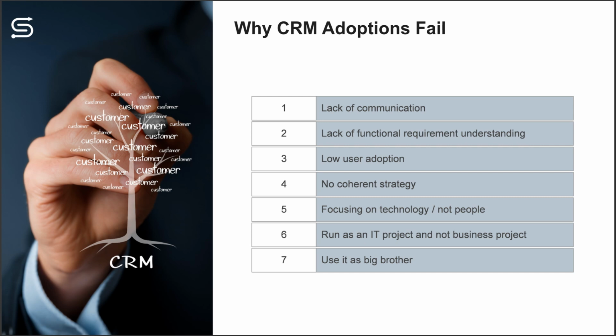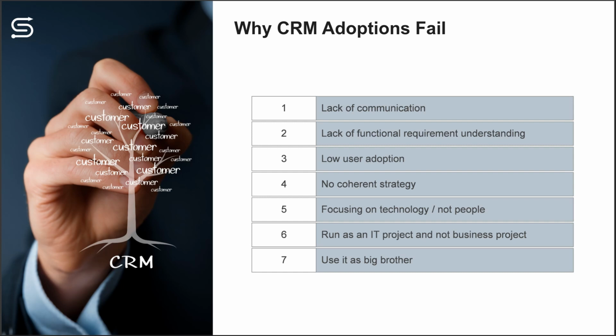And ultimately, the number one most important thing is understanding the business process. So if you don't understand the functional requirements, which are based on the business process, then you're going to have a solution that does not work or where you don't even understand what you're trying to achieve,